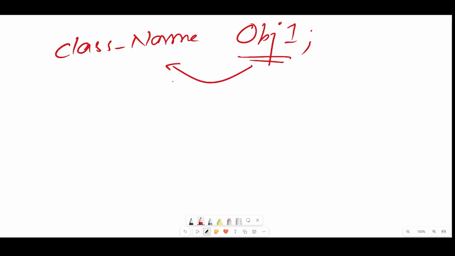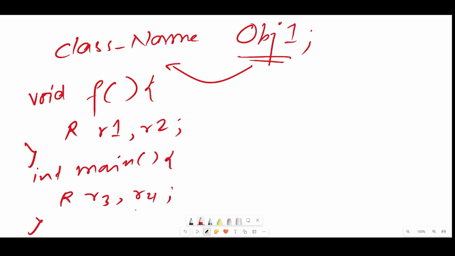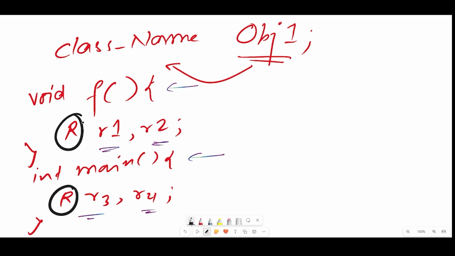Now with this object, I can do anything possible. For example, if I have a function, let's say void f, and inside here I have some objects, let's say r1, r2. Then let's say int main, I have the main function here, and let's say r3, r4. So suppose one function here, this is one function and this is the main function. Now here I'm creating two objects, 1, 2. And here also inside the main function, I'm creating two objects. Here, this is the class name. This R is the class over here. Now, as you can see, we've created the object of the class in any function of the program. And we can also create the object of the class within the class itself or in other classes also. So we can create as many objects as we want. We just have to have one single class.